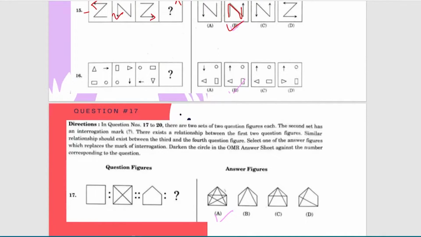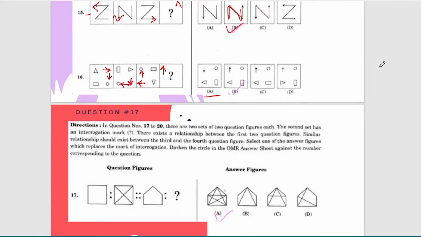Now here we can see that first the arrow is in this place and is pointing in this direction. Then the arrow goes down. From here the arrow goes to this position and now it's pointing in this direction. Then the arrow goes to this position and now it is pointing in this direction. Then the arrow goes upwards and now it should point in the upward direction, right? So let's see, option A does not have an arrow pointing in the upward direction, but options B, C, D have an arrow